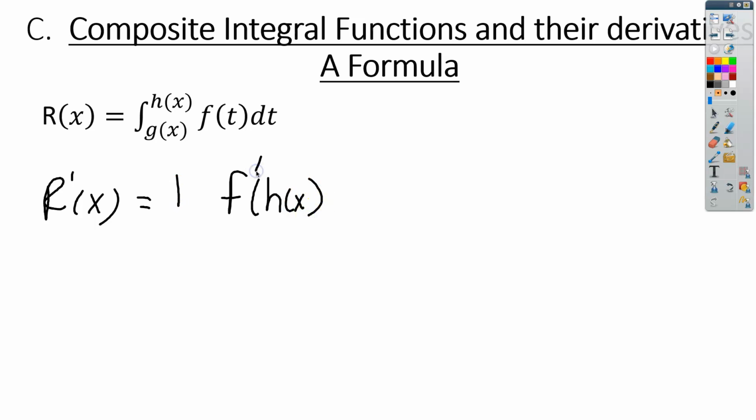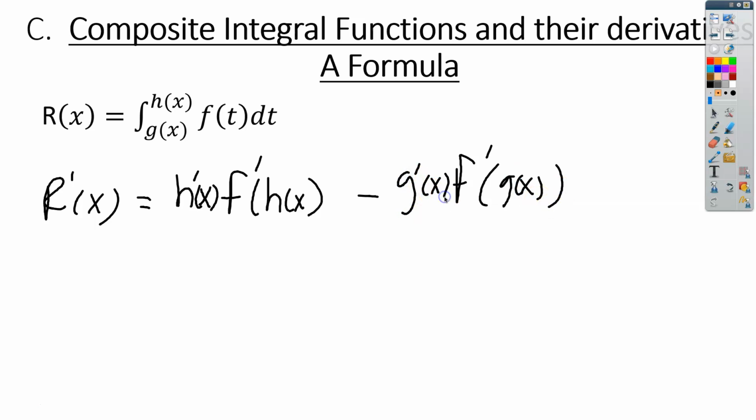Multiplied by h prime of x. So f prime of the top multiplied by the derivative of the top minus f prime of g of x times g prime of x. There's the formula. So you can use it if you want to, but